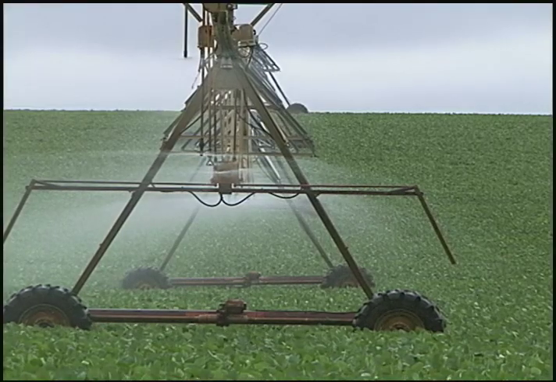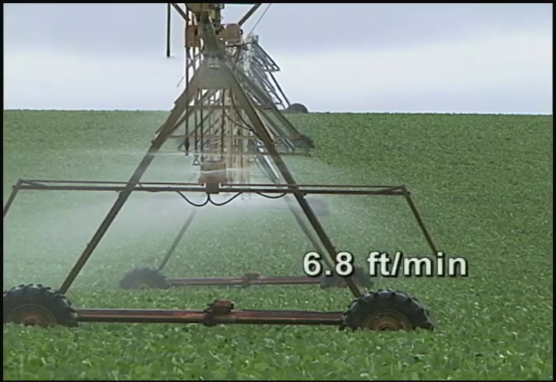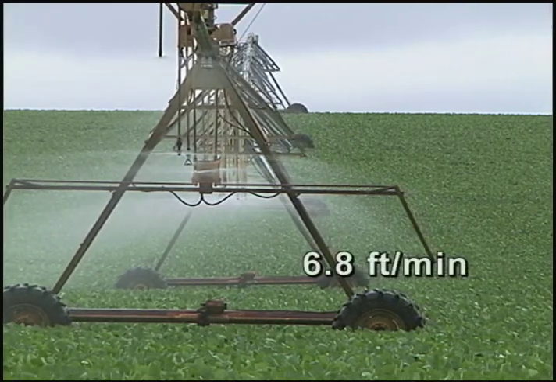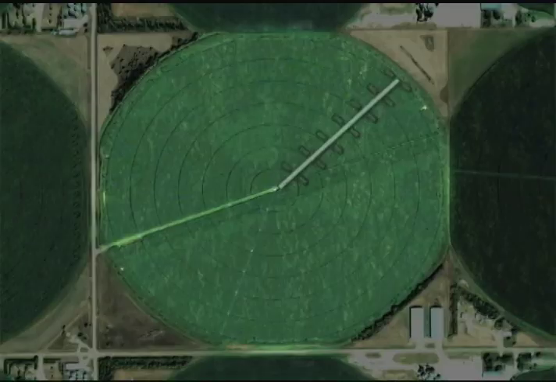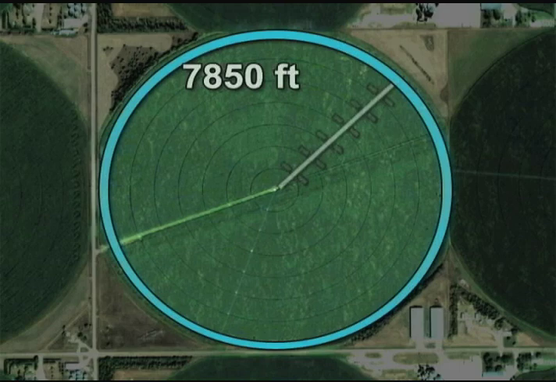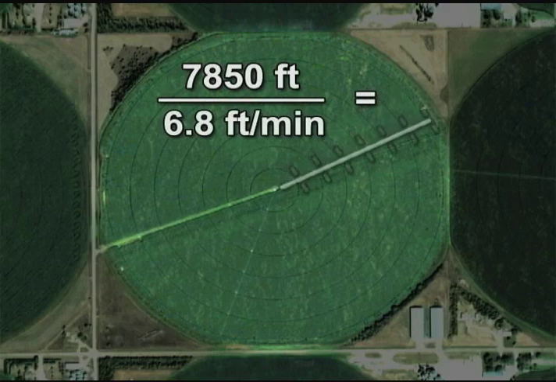For discussion purposes, we will assume travel speed of the last tower has been measured as 6.8 feet per minute at a percentage timer setting of 100%. We next divide the circumference, 7,850 feet, by the travel speed, 6.8 feet per minute, and determine that the pivot will complete one full revolution in